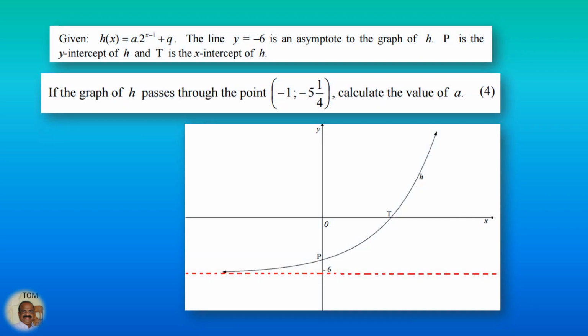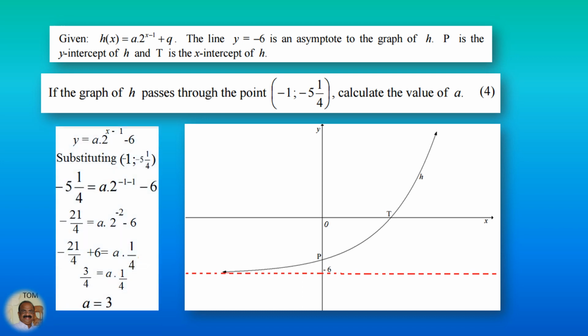Here is the graph again, the exponential graph. If the graph of h passes through the point -1, -5¼, calculate the value of a. It's a 4 marks question. Now, since the point